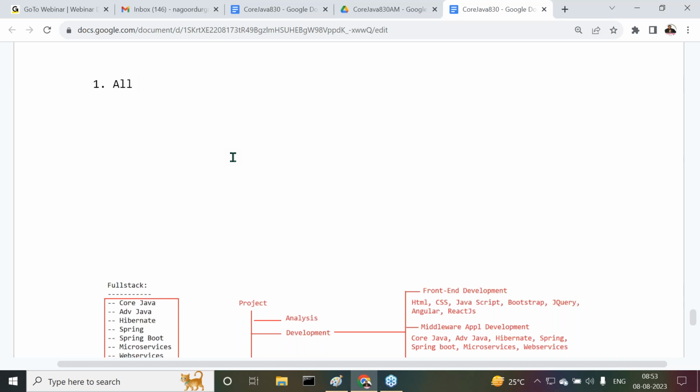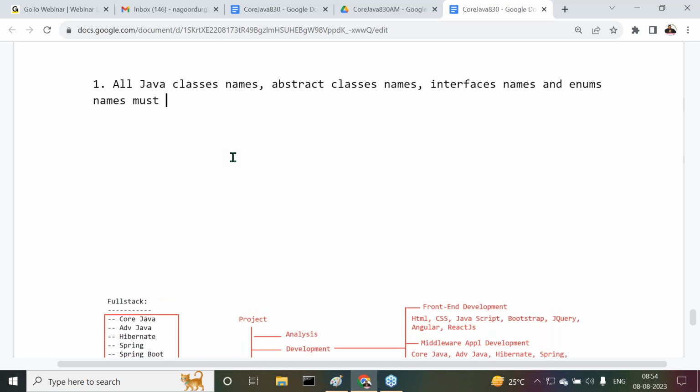Here the point is: all Java class names, abstract class names, interface names, and enum names must start with an uppercase letter,